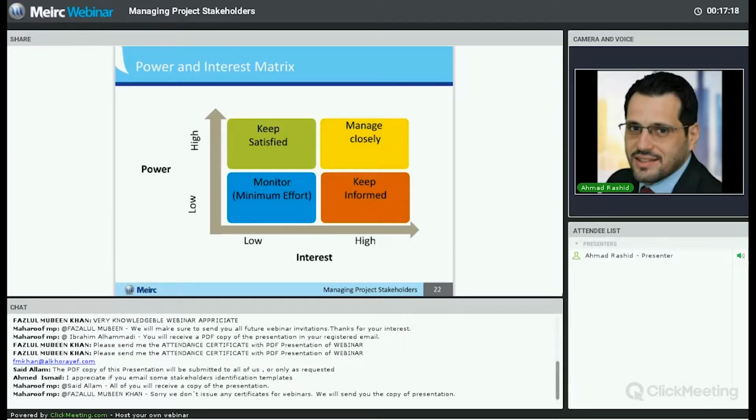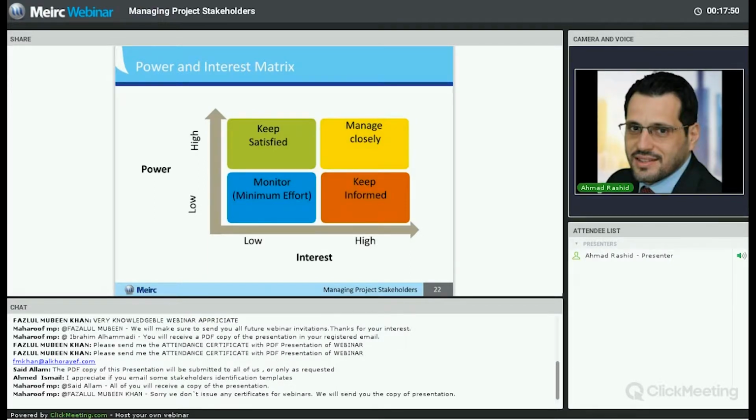But the most important ones that you really need to manage closely are those stakeholders who have high power and high interest. These are the stakeholders that can shut down your project at any point. These are the project sponsors, maybe the CEOs, the executive management of your organization. And the challenge here is that you need to keep in mind that stakeholders will keep jumping from one area to another. So if you start the project with a certain stakeholder in the monitor zone, having low power, low interest,